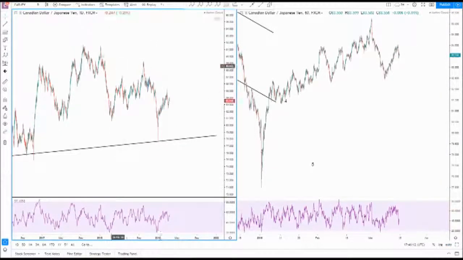On the daily, we've not had 5 clean waves anywhere on the daily, right? This is pretty much just sideways. We've had it, it's overlapped. There's nothing really clean about it. So for me, I would just be waiting. It's possible that this could see higher levels,